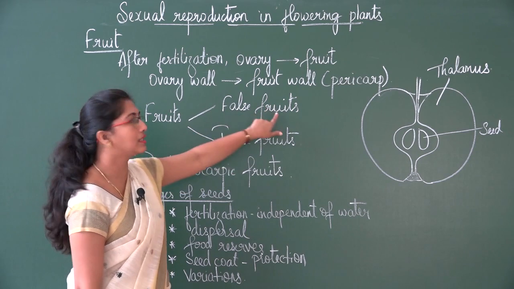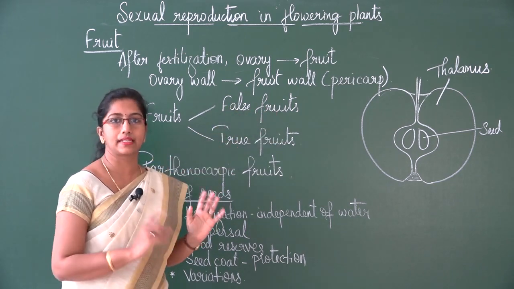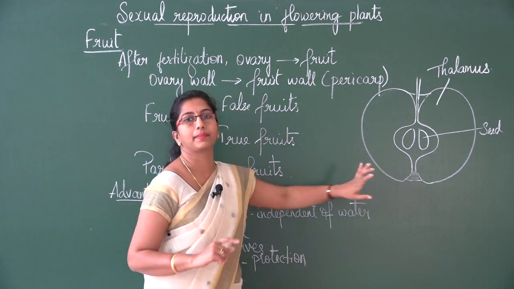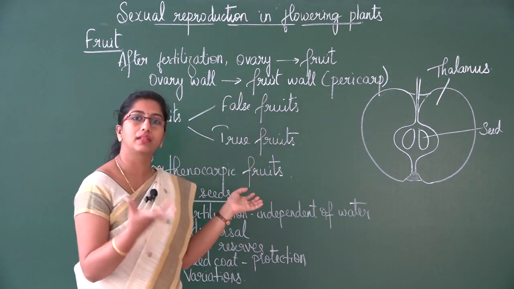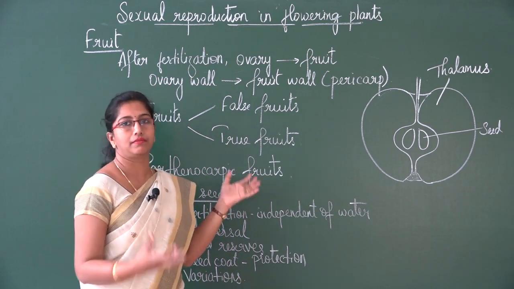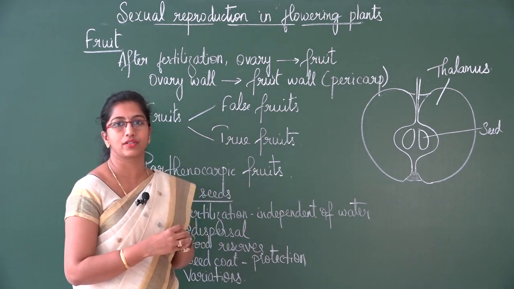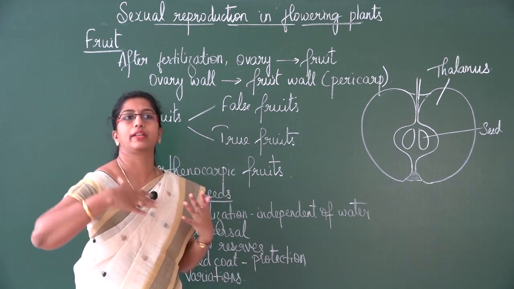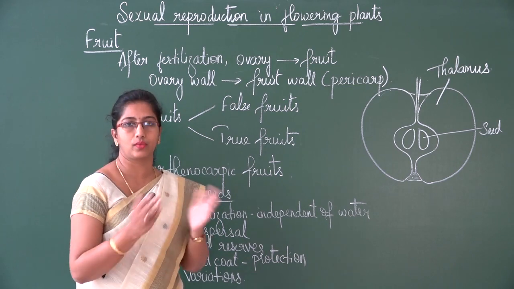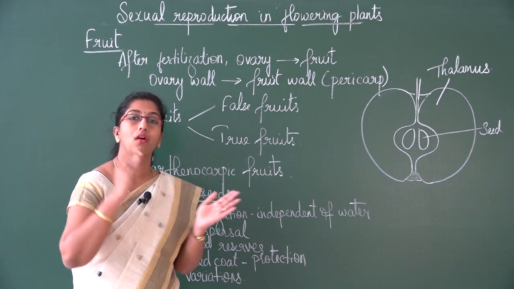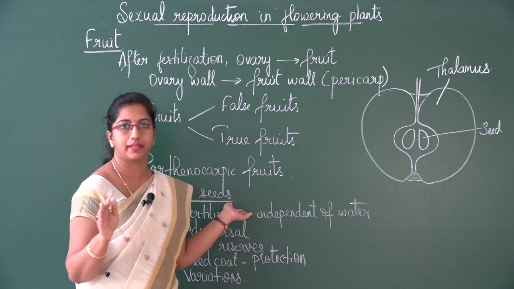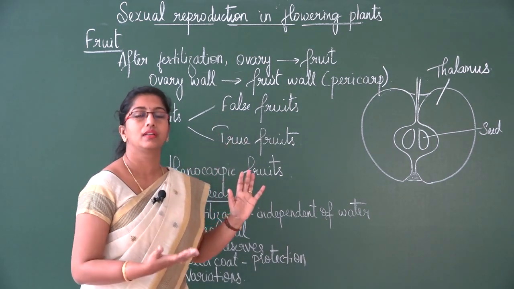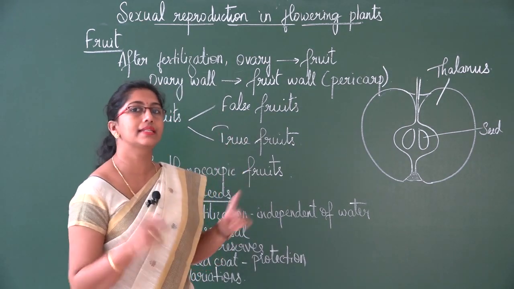Now what are these false fruits? In these fruits, for example, I have drawn a diagram here, apple. Here what happens is, along with the ovary, some other part of the flower also takes part in the formation of fruit. Usually that doesn't happen. After fertilization, once the fruit and seed are forming, all the other floral parts will degenerate. But in certain cases, along with the ovary, another part of the flower, usually the thalamus,